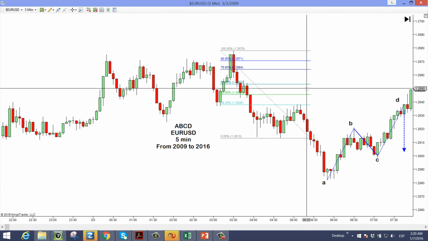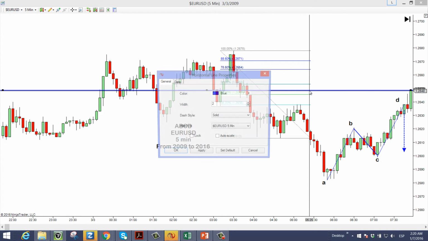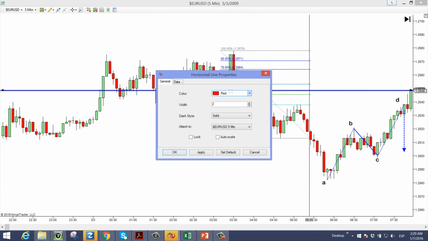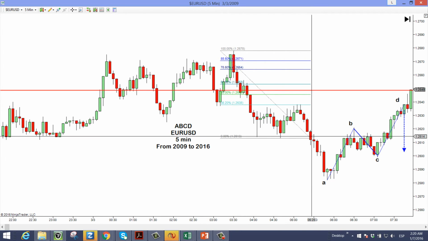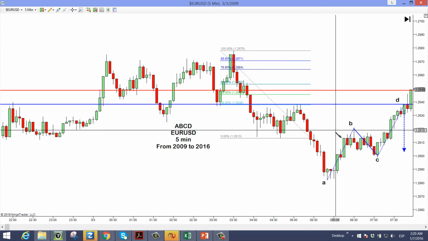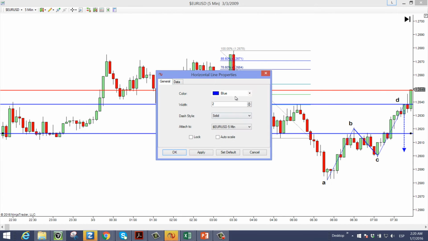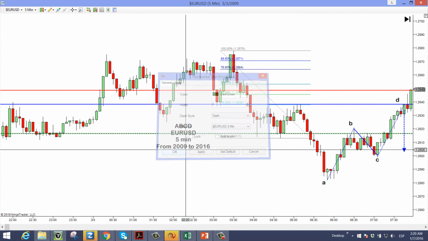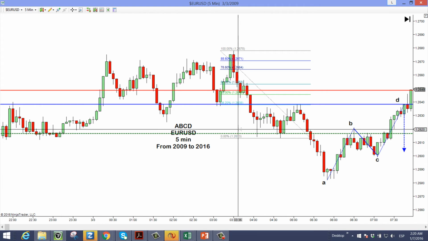I establish a rule for my stop. Let's say my stop should be right above D. This is just rules that come to my mind. Here is my entry, and my target is going to be somewhere down here, let's say. Okay,